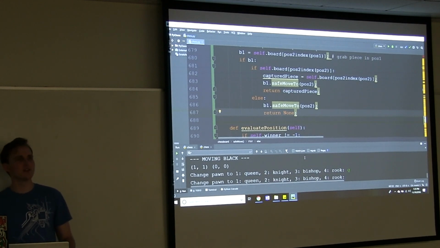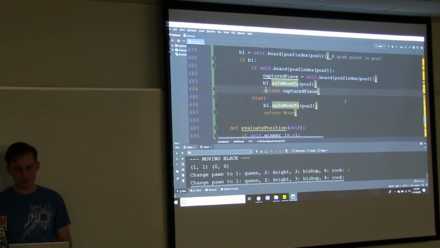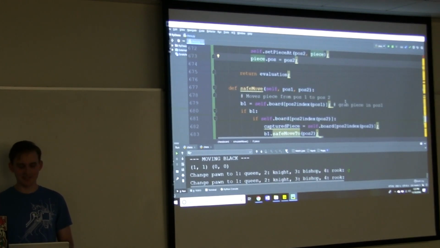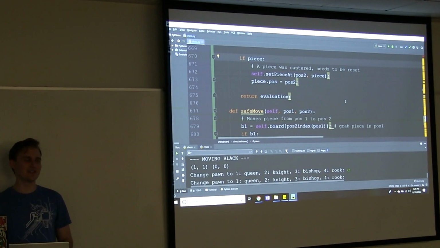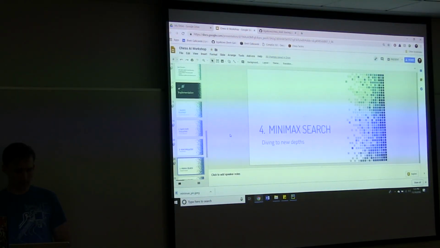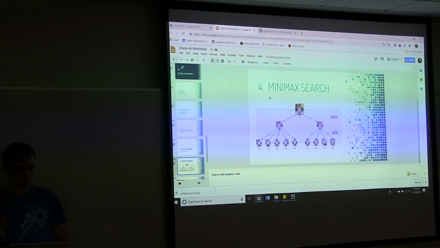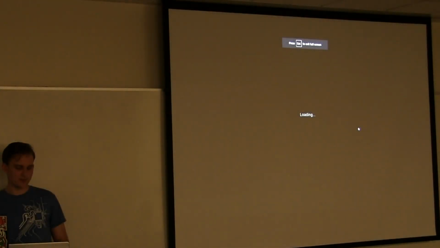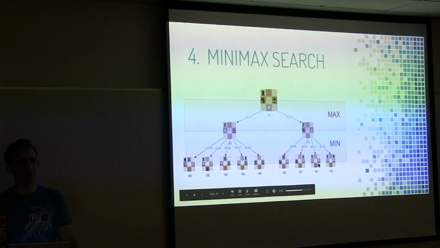Okay, so we should try and move on to the next stage, even though we have those few bugs. We got an AI that will recapture, which is nice. But it would be nice if he could see further ahead, because he still makes bad decisions. So we can try. Just to show you the picture real quick, in case anyone's not familiar with Minimax. We're trying to look further down the game tree and minimize our opponent's answer while maximizing our best move.